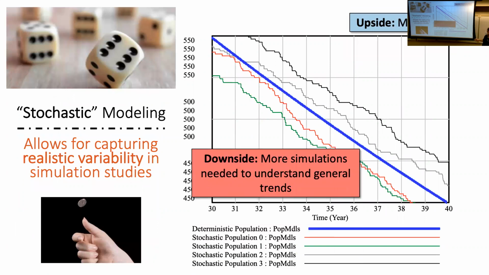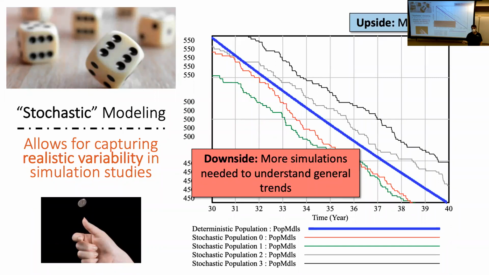The downside is, if I didn't simulate this average model, and I wanted to know what the average model is, I'd have to put in a bunch of different random number streams. If I didn't have this blue line to begin with, and I only simulated one random number stream, I wouldn't be able to know what the average behavior was. If I simulated 2, I might get this one down here, or I might get this one up here. If you average these 2 top ones together, that's not the average behavior. So in order to capture the average behavior, if I only have the stochastic simulation, I need to generate lots of different outputs.